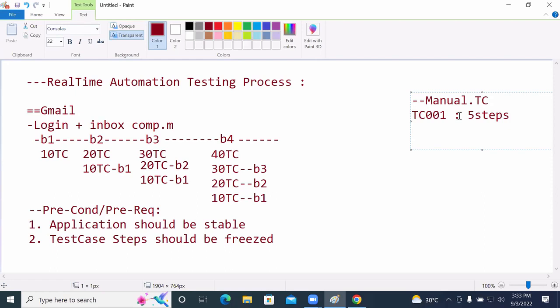If we consider test case 1, how many steps you got? 5 steps are available. You referred to those 5 steps, and according to them you developed the automation script. That script is also working perfectly, no issues at all. But after some time, what the manual tester has done for the same test case,